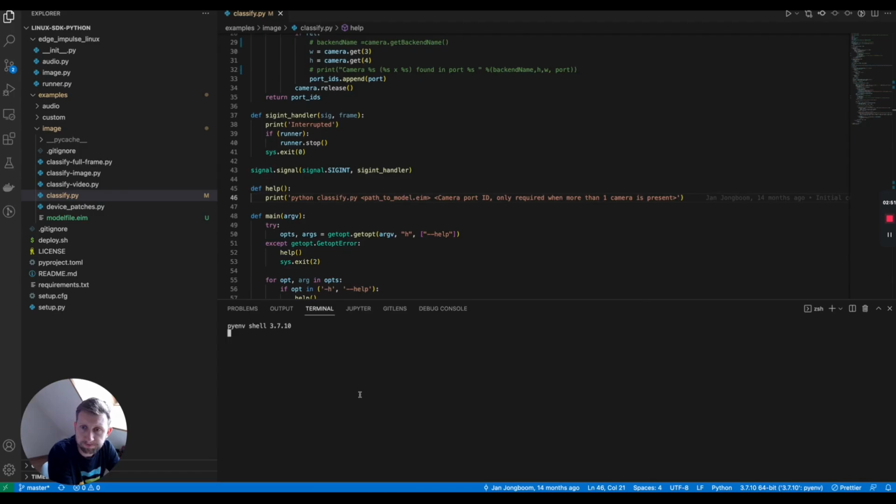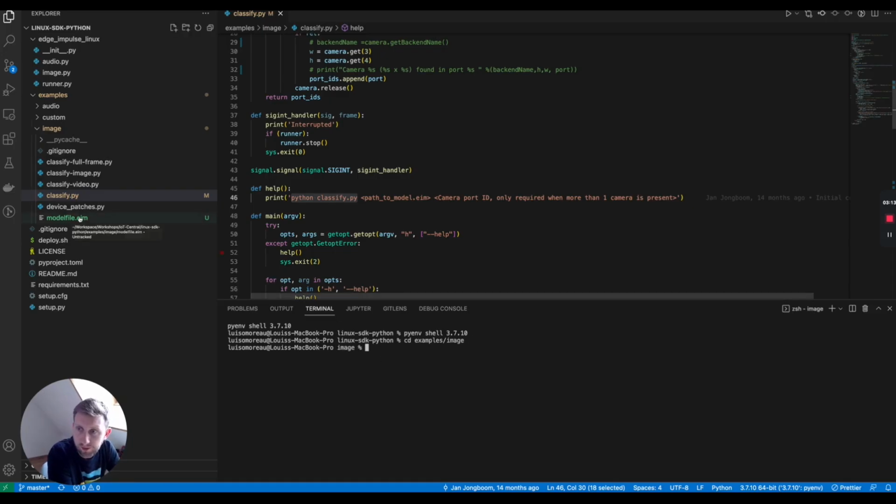Terminal. And you can run Python 3 in my case, classify... oh, I'm not in the right directory. So cd examples images. You will need to download the model file .eim, so the Edge Impulse model executable. To do that, we'll still need the Edge Impulse Linux runner, and you can download your model file.eim, and I'm going to